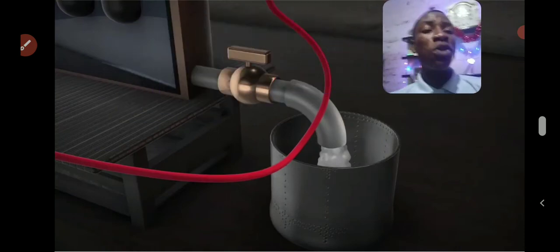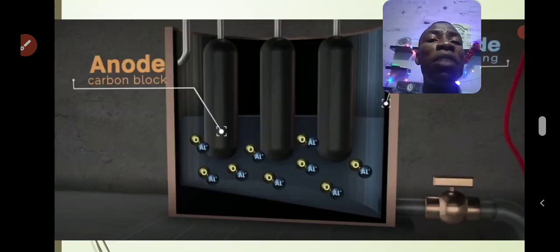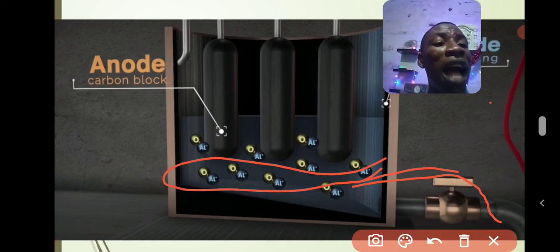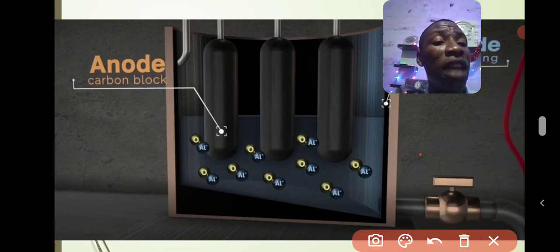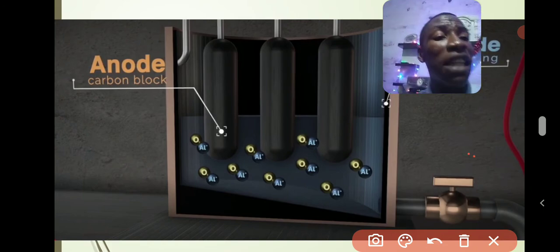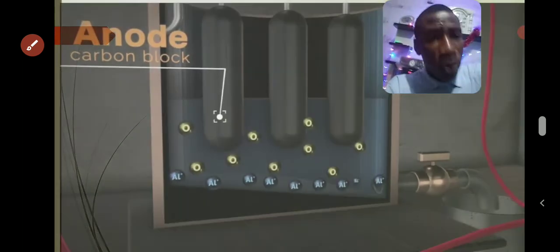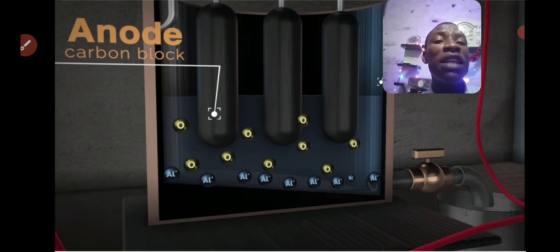Oxygen can react with it at that temperature of 950 degrees Celsius. So all this oxygen that is being evolved at the anode will gradually react with the carbon anode itself, these blocks of carbon, which will react with the oxygen